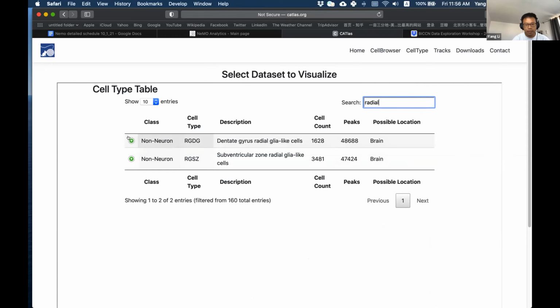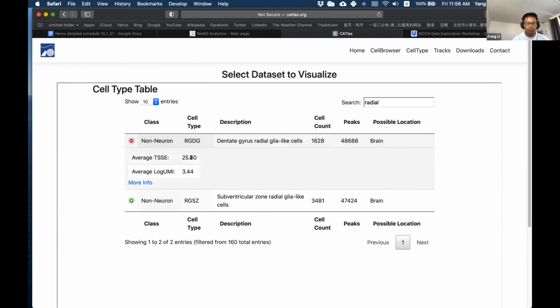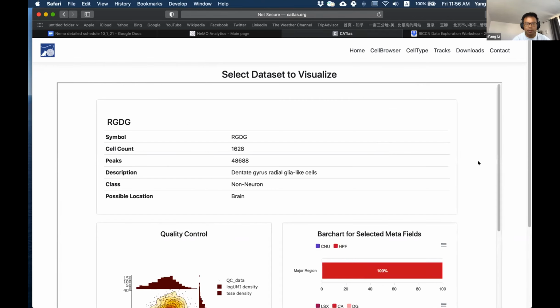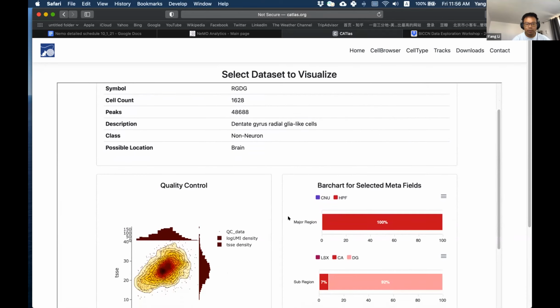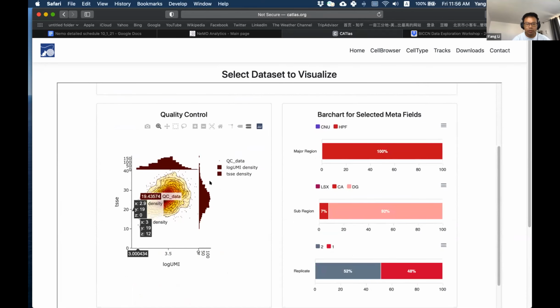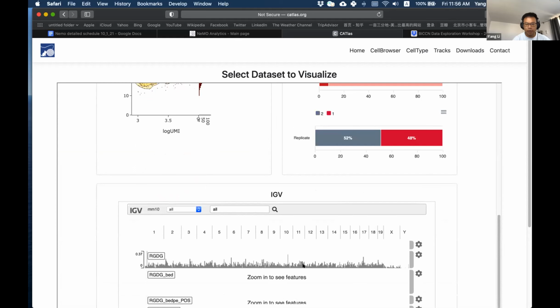If you're only interested in the annotation, you don't need to go deeper. But if you want more details about this cell type, you can explore more information, for example the annotation, where this cell came from, all the QCs and the signal track for the cell type.